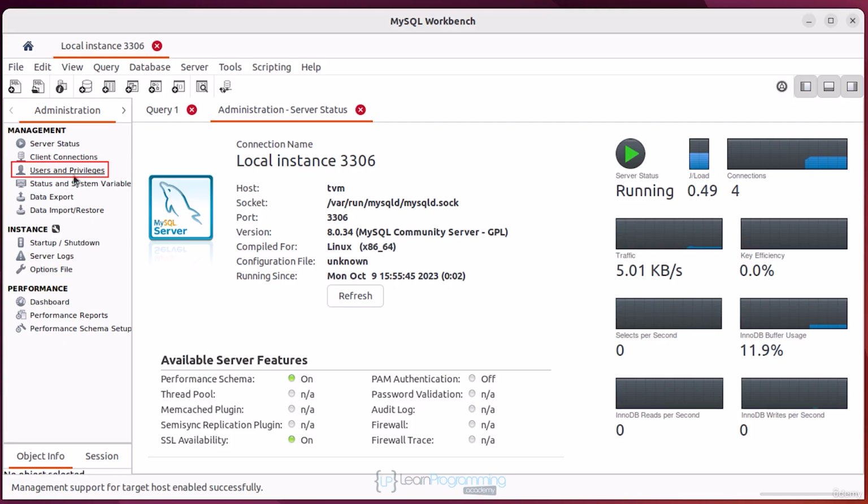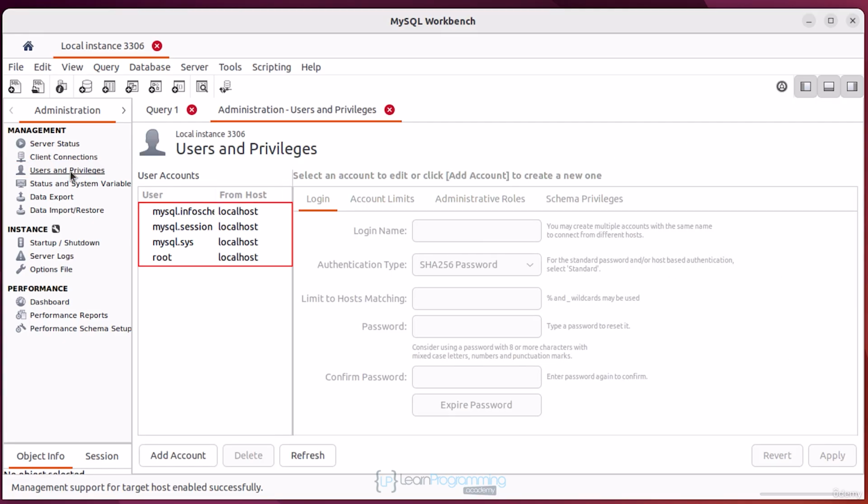Okay, come over here on the left and click on Users and Privileges. We can see the list of users, so you can see there that we had the root account, which was automatically created for us. You might see a few other users which are used internally by MySQL. If you don't see them, don't worry, sometimes the default settings are changed and these accounts don't show up. That's fine, they're not accounts that we need to do anything with, and it's best that we don't make any